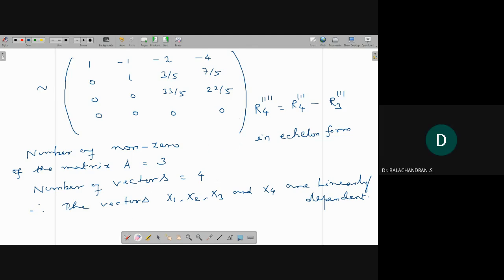Number of non-zero rows in the echelon form of the matrix A is 3. Number of given vectors is equal to 4. Okay, thank you, Kavini. So therefore, the vectors are linearly dependent. Okay. So now,